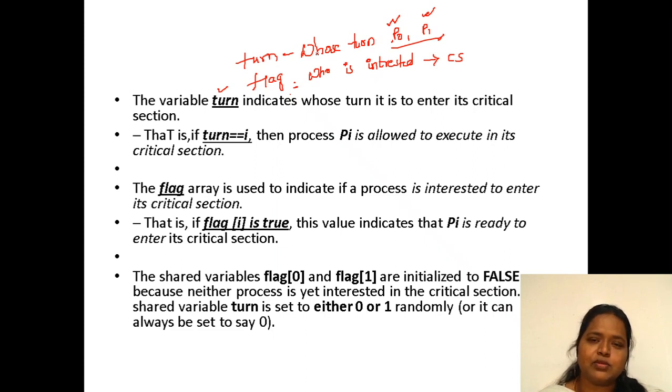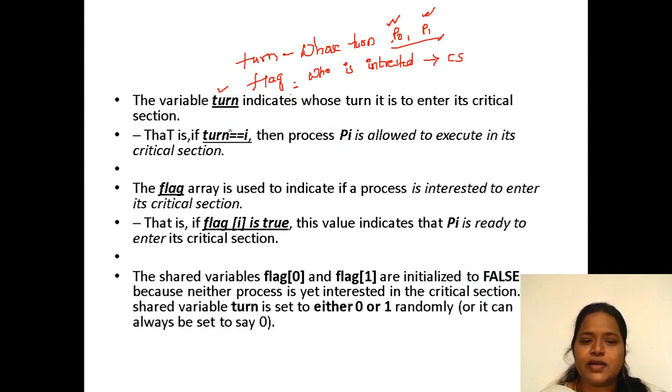If turn equals 0, it is now process P0's turn to enter into the critical section. Flag[1] equals true means process P1 wants to enter into the critical section, so it gives an indication by setting the flag value.